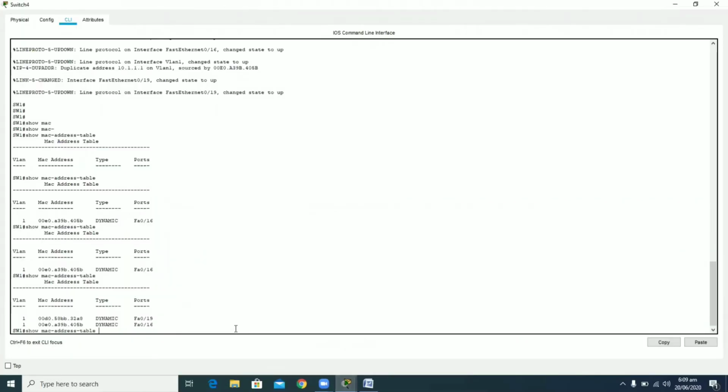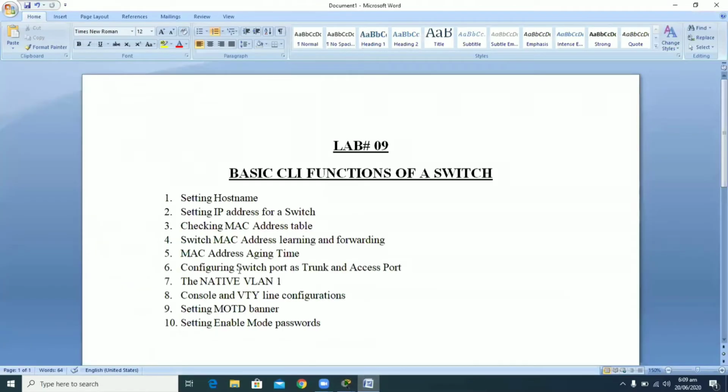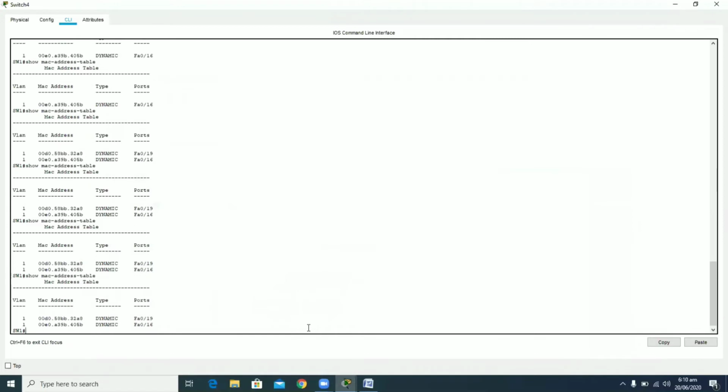One thing more that I want to tell you here is that there is a MAC address aging time. So after checking the MAC address table and explaining the switch MAC address learning and forwarding phenomena, there is the MAC address aging time. By default, the MAC address aging time is set to 300 seconds. So what is meant by the MAC address aging time? Basically, if for 300 seconds there isn't any activity from a particular PC, then that MAC address will be deleted by the switch from its MAC address table.